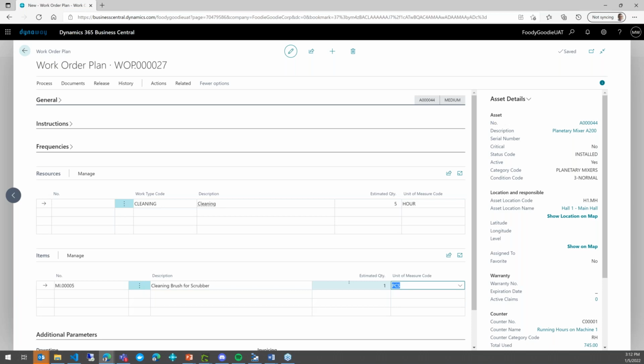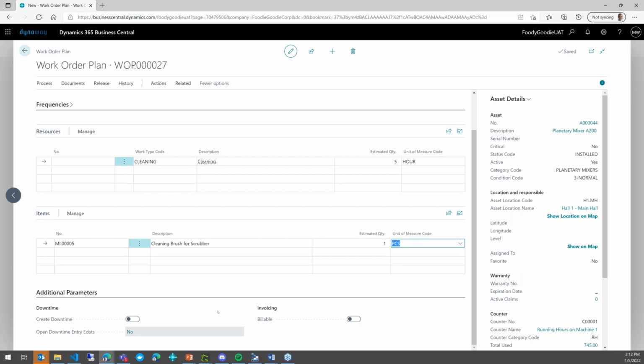So at this moment, we know what we need to do: what is the asset which requires the maintenance, when we need the maintenance, who will be doing it or how long it will take, what will be done, and how many spare parts we need for it. With the spare parts, I will also give you one hint. If you want to bring something back to the stock, so you are taking something from your machine and putting it back to the stock, you can put -1 in quantity, and that will register the positive adjustment of our